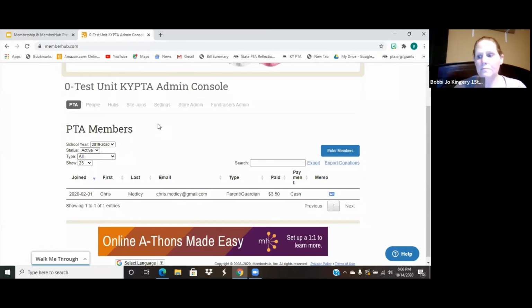The secretary class is just going to be information on how to take minutes, and more Q&A. In November, we are going to do a grant writing class. That was a topic that was brought up that a lot of PTAs would have liked to have. And we did get a request from a principal who would like to do a principal and a president